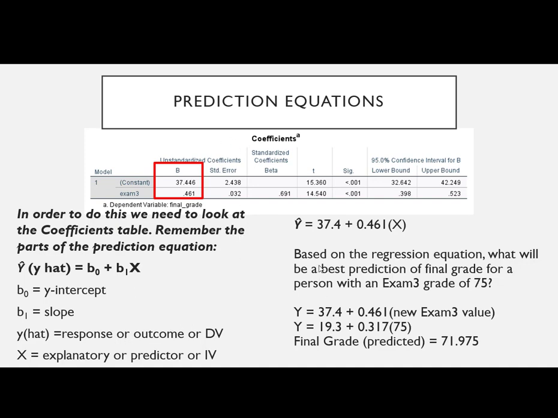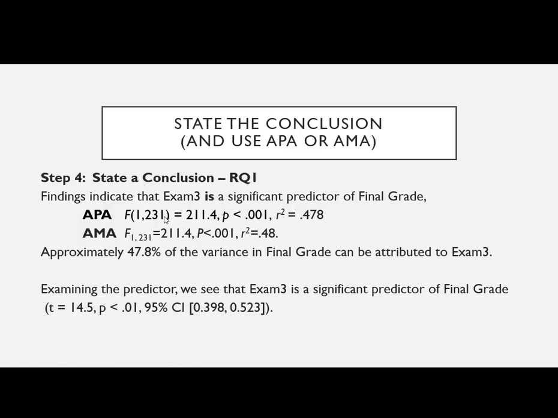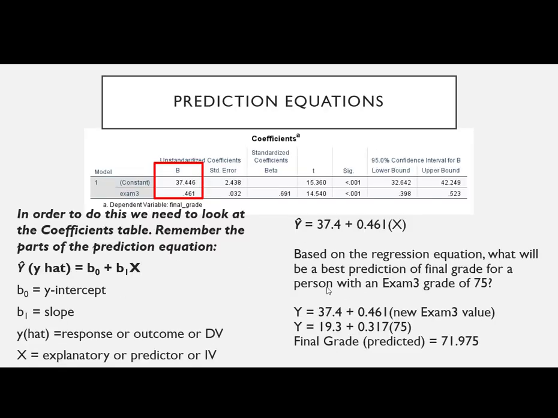All right, again, we'll remember the prediction equation. All of this is the same. Now we're going to do the prediction equation. If you had gotten a 75 on your third exam, what would be your final grade? And again, this is based on a data set for which we have all of the data. So we know our sample size is 233, and based on those 233 participants for whom we have exam 3 and the final grade,